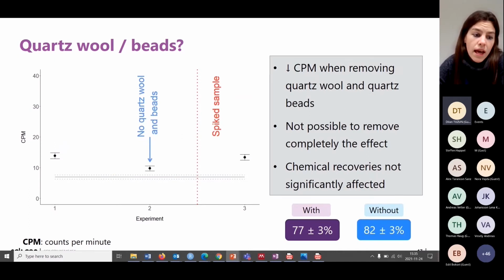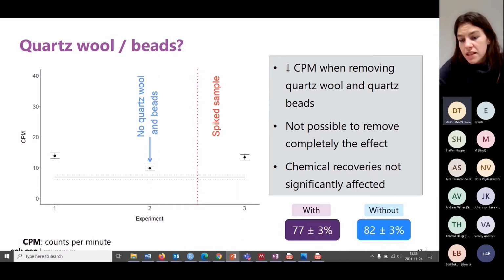For quartz wool, once we saw the contamination, we removed it, and the quartz beds also, we removed them from the setup itself. And then, as you can see, the contamination was slightly decreasing. Then we spiked a sample and ran another blank. And as you can see, the contamination was back again,